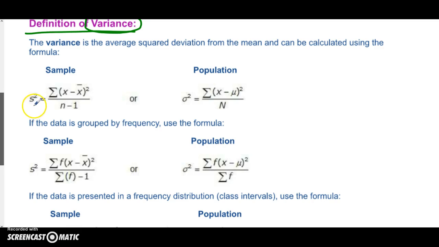So what we're going to do here is look at the sample or the population variance. So that's going to be another measurement of spread. So why do we care about this? Well, if we have a bunch of data, so if I measured something, and let's say how much money I made per month,